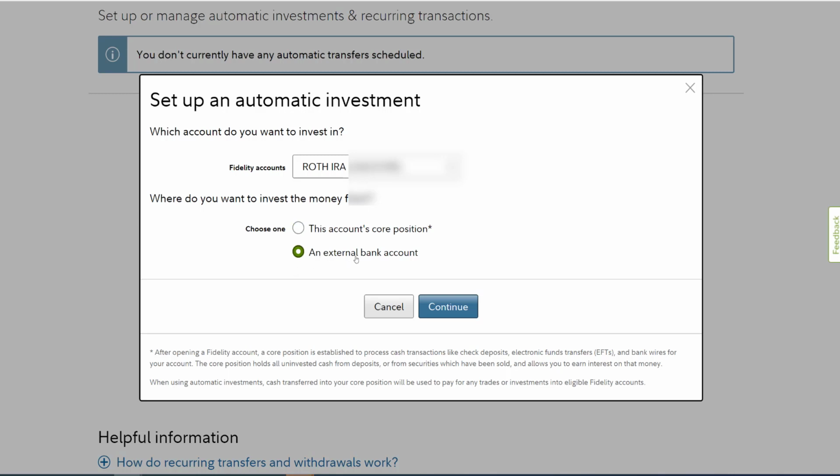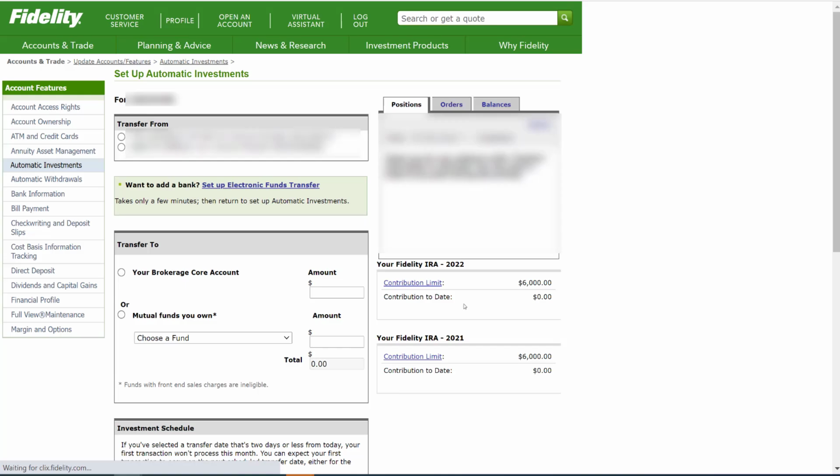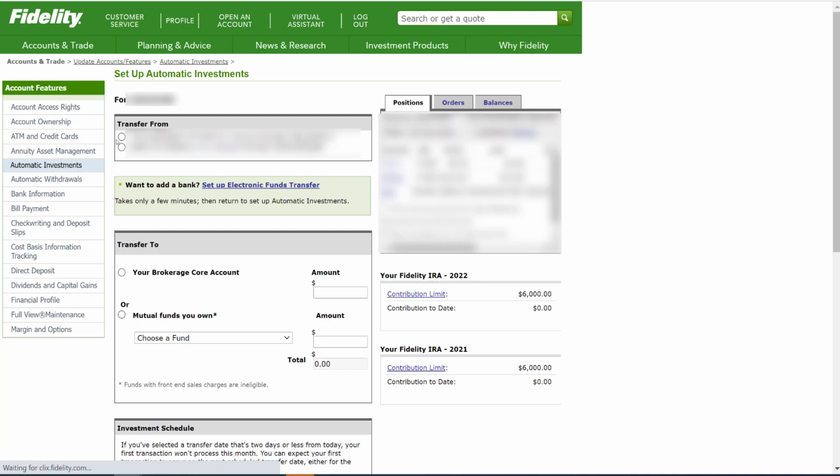But here it assumes I'm going to be coming in from an external bank. I'm going to select the bank that I wish to use to transfer money from, meaning where the money is coming from. And then